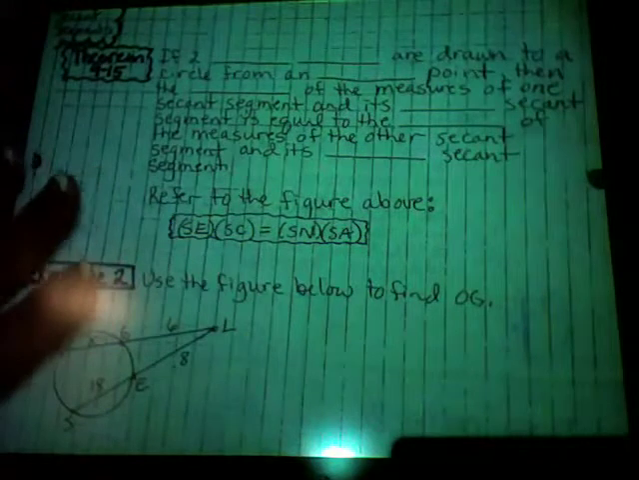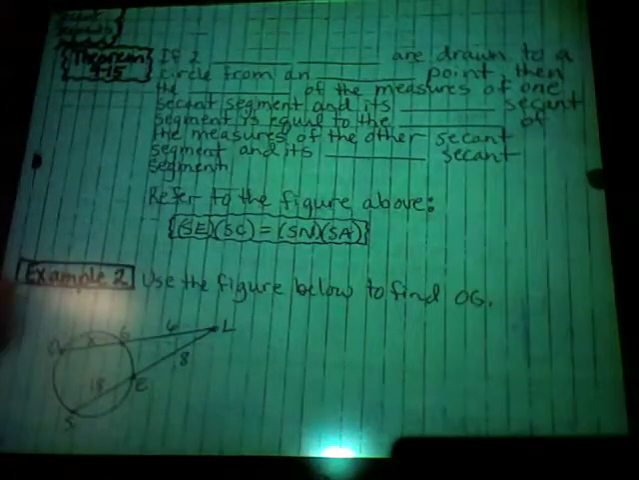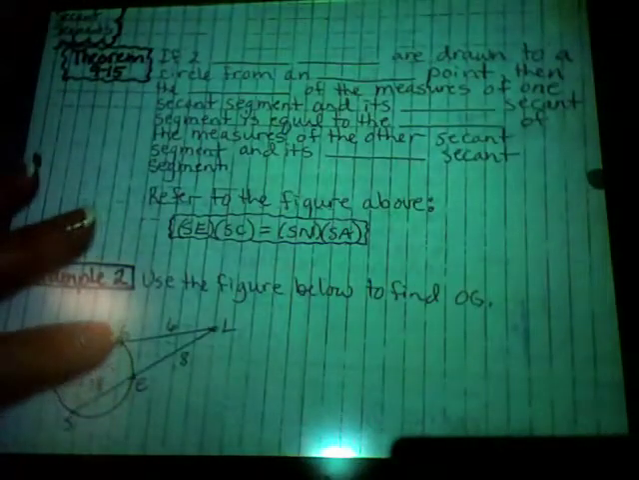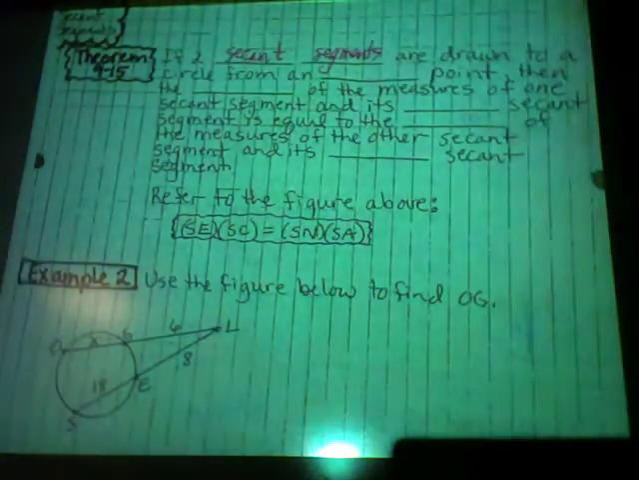Well, I've got this theorem, and then I'll simplify it for you, make it easier, because even if you try to use your Ames reference sheet, it looks confusing, and I'll just make it super simple for you after we go through the theorem. So if two secant segments are drawn to a circle from an external point, which is what you have above,